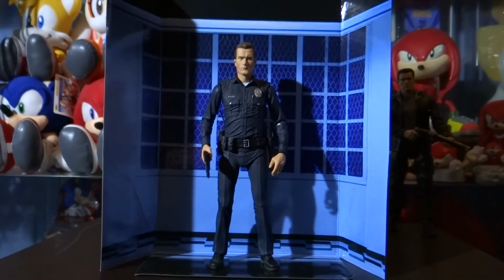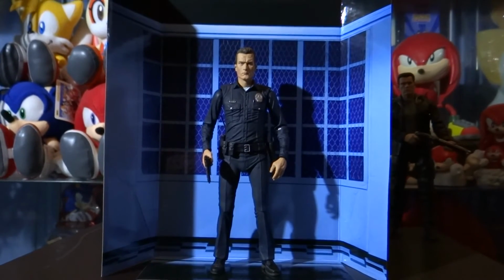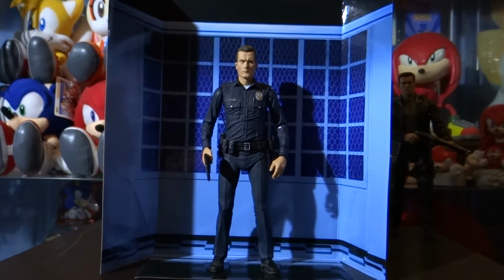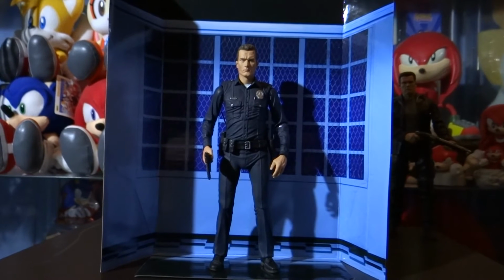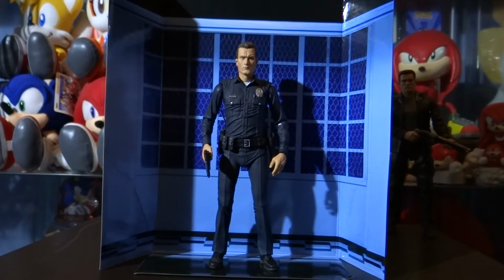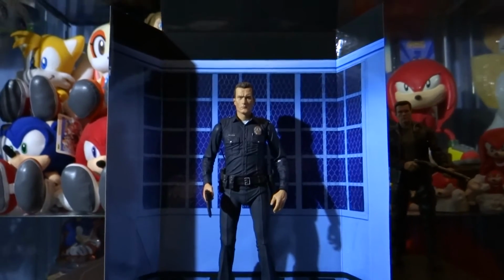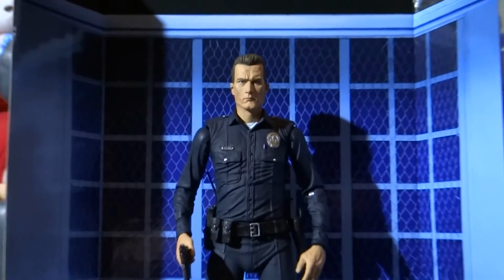Alright, and here he is, guys, the T1000 all set up and ready to attack. So I've got him set up with the cardboard display of the hospital scene, which I mentioned about a minute ago in the video. It basically just comes out of the box already assembled, and it actually looks really cool there, displaying the T1000 in front of it like that. So let me zoom in for a close look so we can have a look at some of the detail